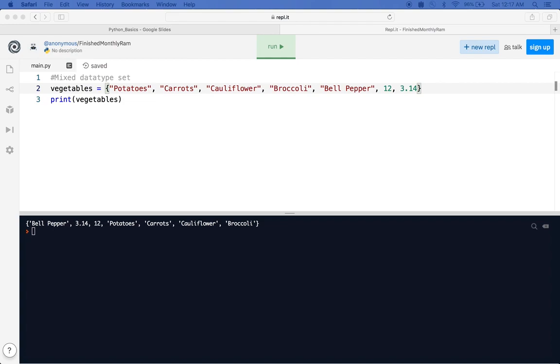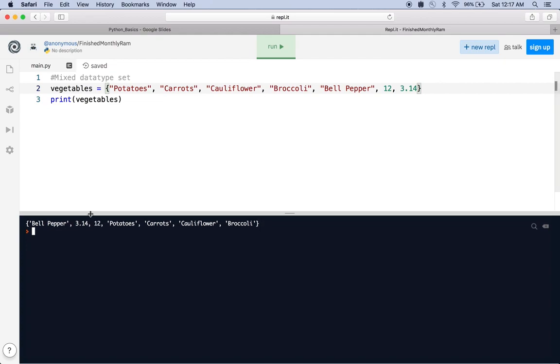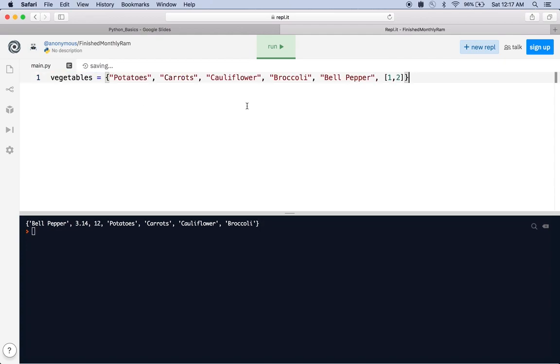let's say I had a list, if I threw a list inside my variable, like this, let me try to run this statement, and as you can see, this statement errors out. It says list is unhashable. So anything that is hashable is actually an immutable